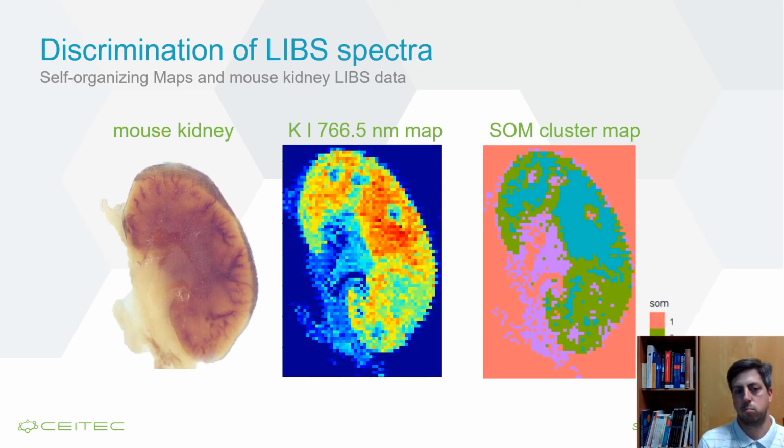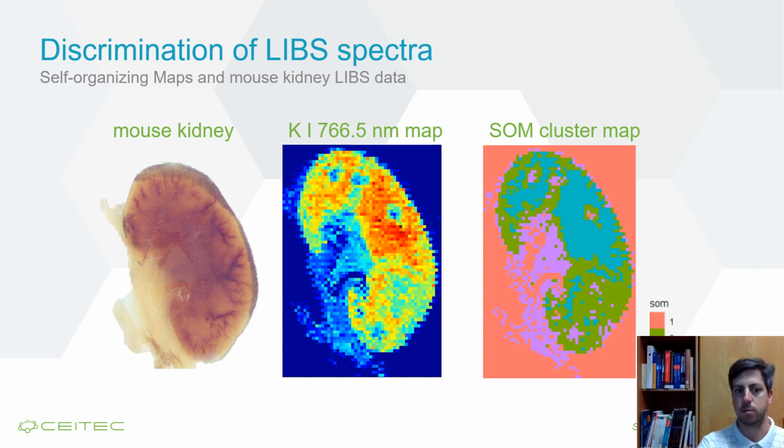So if you have simple analysis, such as the mapping of some soft tissue, then you can get some nice insight, but you can still move further with some implementation of chemometrics such as self-organizing maps, and you can see the image of mouse kidney, then the map of potassium, and finally some clustering. So you can see that LIBS data can reveal some differences in the sample, and this might also be helpful